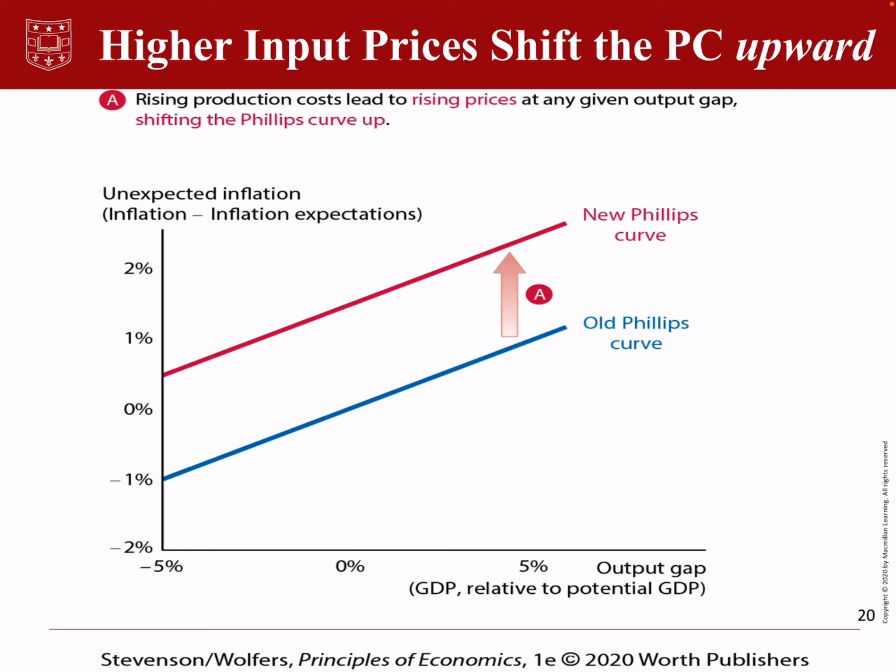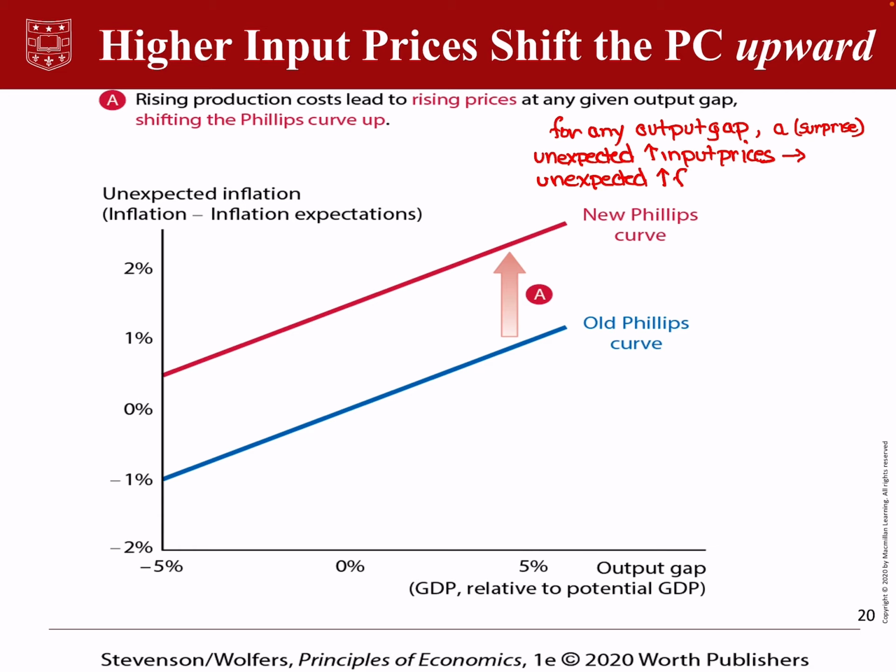And so what we're saying by this notion of up is that for any value of the output gap, or for all output gaps, however you want to think about it, if there is a surprise, an unexpected increase in input prices, that will mean an unexpected increase in firms' costs